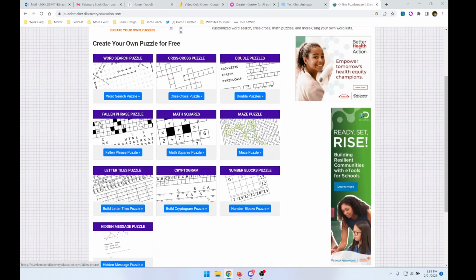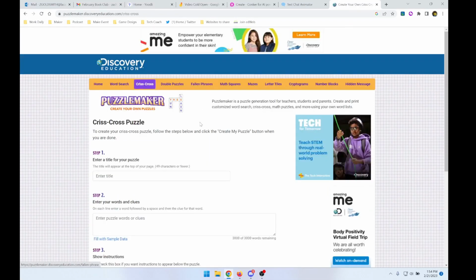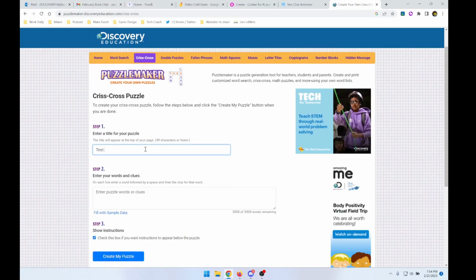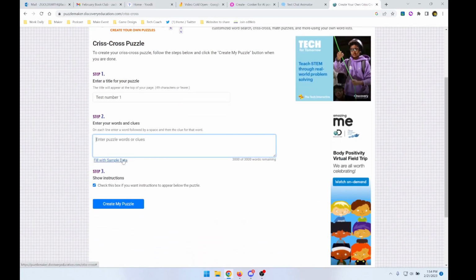So word searches, crisscross, doubles, maps, math squares, whole variety. So if you click on the crisscross, give it a title for whatever it is you're working on, and then you fill this in with your data. So if I put my last name, speaker of this video as my clue, and then a couple other clues that I just randomly want to put in here,